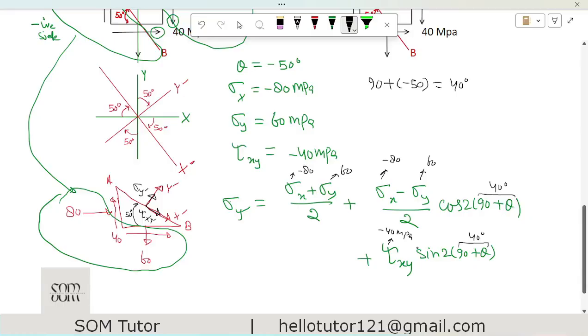It is minus 80 plus 60 divided by 2, plus minus 80 minus 60 divided by 2 times cos of 2 times 40, plus tau xy. Now tau xy is negative 40 times sine of 2 times 40. So we got sigma y prime to be